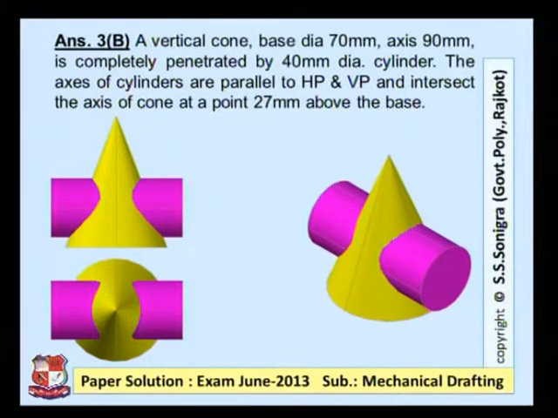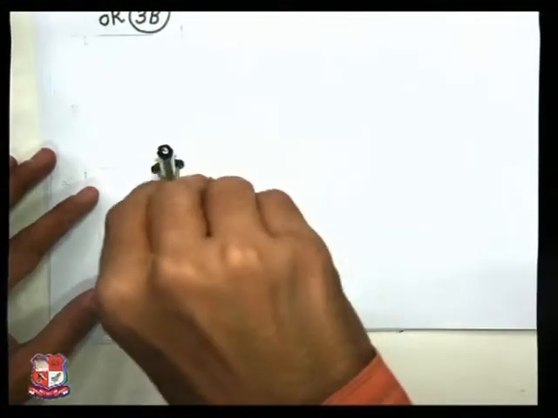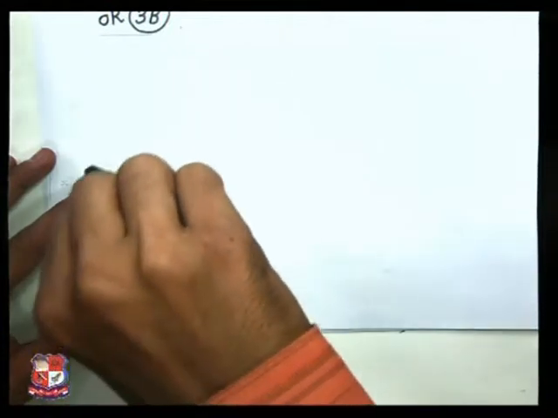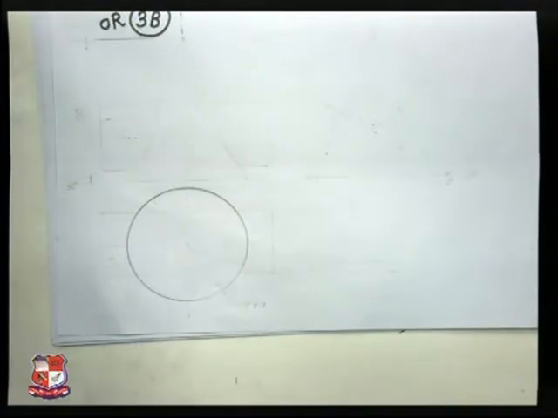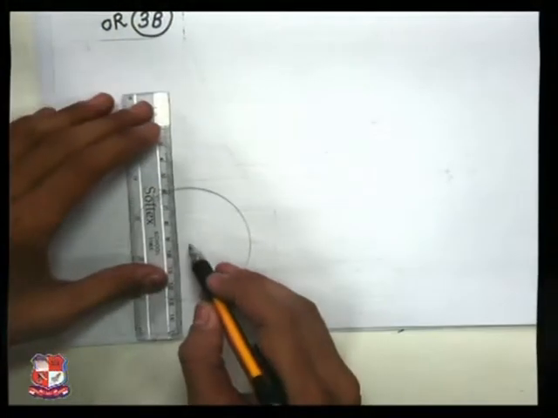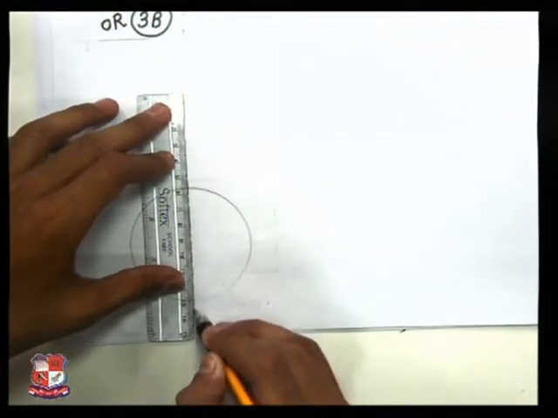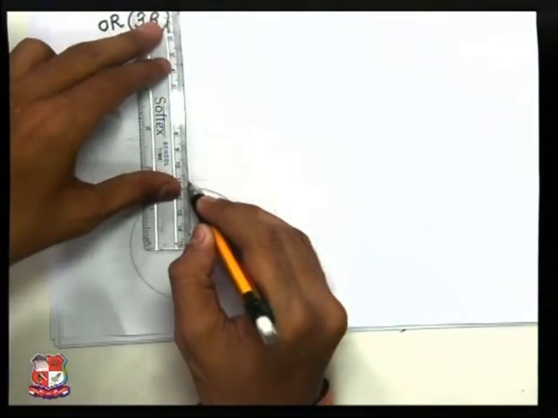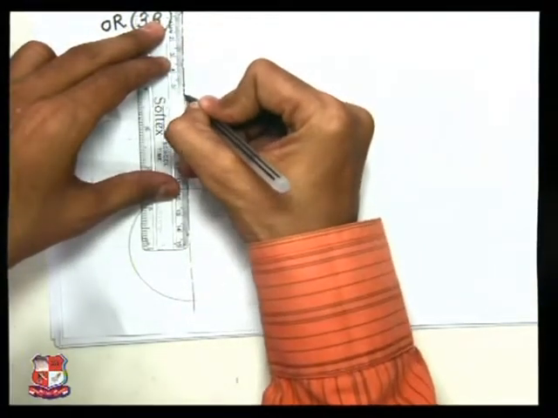This is the case. Now to draw this problem, let us draw a circle of diameter which is given to us, that is 70 millimeter. So take 35 mm as a radius and draw a circle with diameter 70 millimeter like this, and insert this parameter 70 millimeter, and then draw the axis of the solid like this. Through this axis we can represent the axis like this as well, one long dash, one small dash.